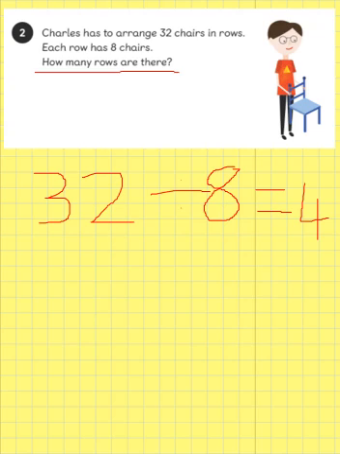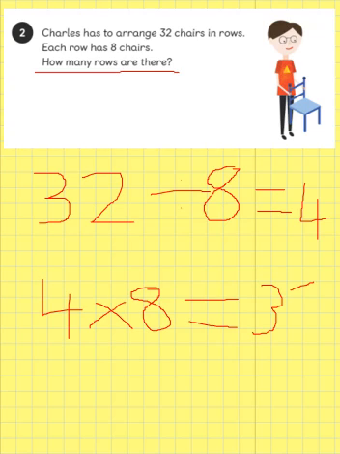Right, I'm not happy with that. I'm going to check my answer. 4 multiplied by 8. I wasn't happy with counting in my 8, so what I'm going to do is count in my 4s. 4, 8, 12, 16, 20, 24, 28, 32. Right, fab. So what I've done is I've used that inverse operation to check my answer, and I'm happy that